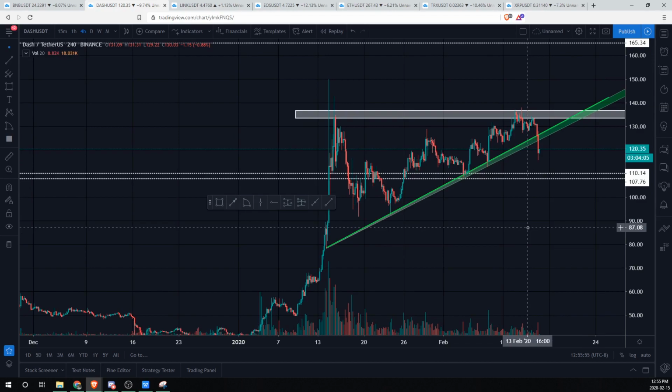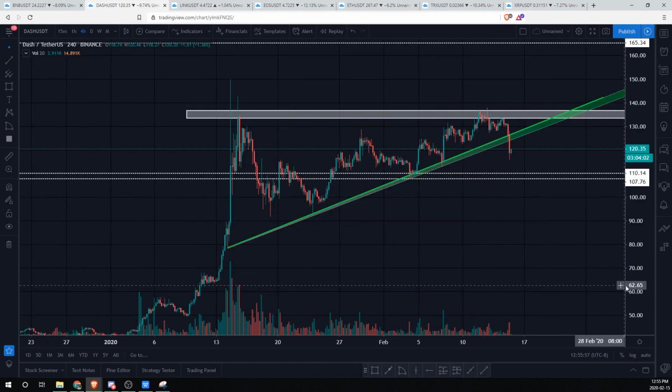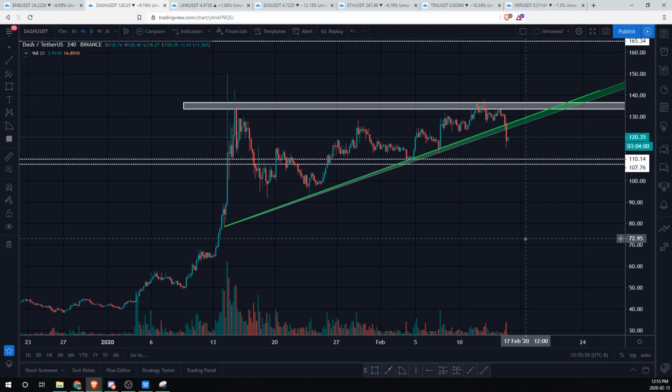Dash is the nice level of potential bearish exposure that we could have. Now, if this was a little bit more of a bearish market, I would be all over this, because this looks awesome for a potential short. But because we're in a bullish market, because we see a lot of opportunities to the upside, and BTC is still holding a $9,100 level of support,